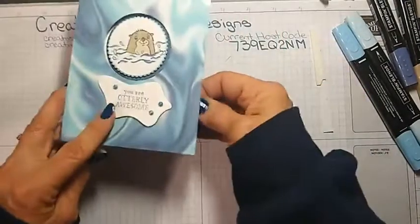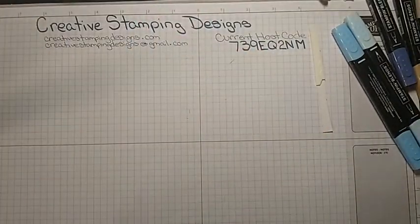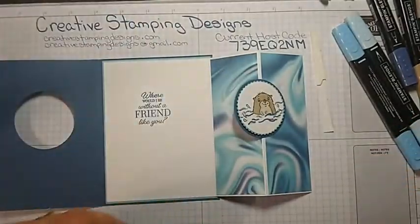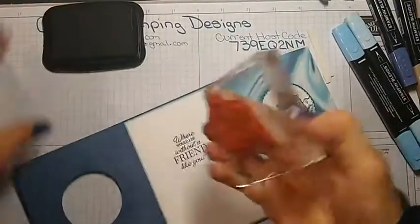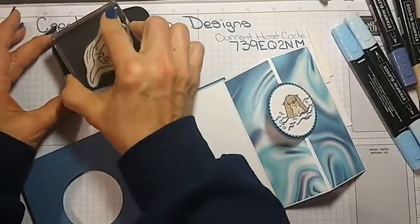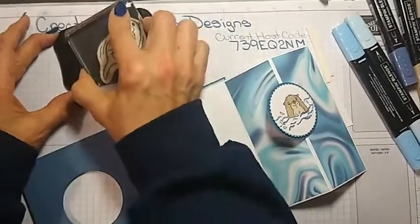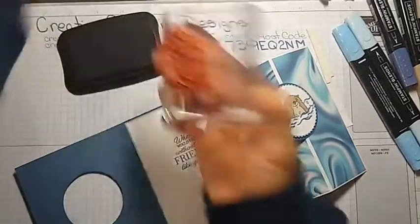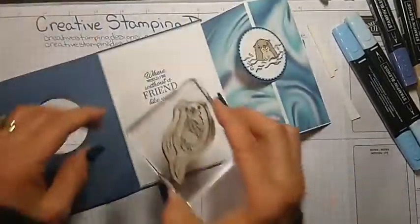So, I love this little otter. I just think he's too cute. Oh, and one other, oh, I knew I forgot to do, see? Oh, all right, well, I'm going to do something you're not really supposed to do, but I'm going to do it anyway. I was supposed to stamp this beforehand, and I forgot,